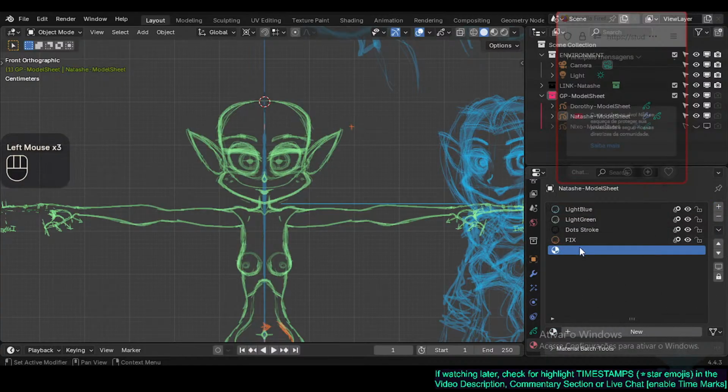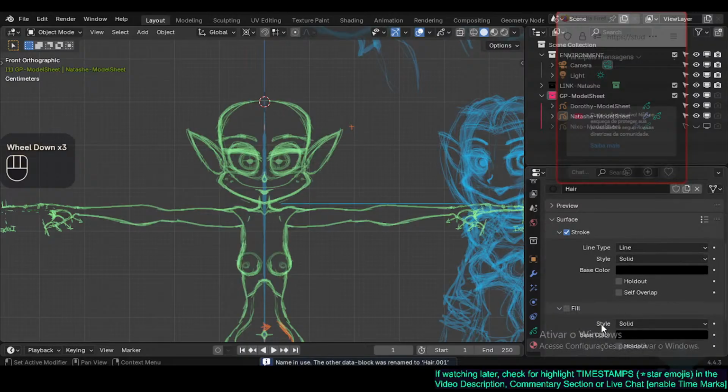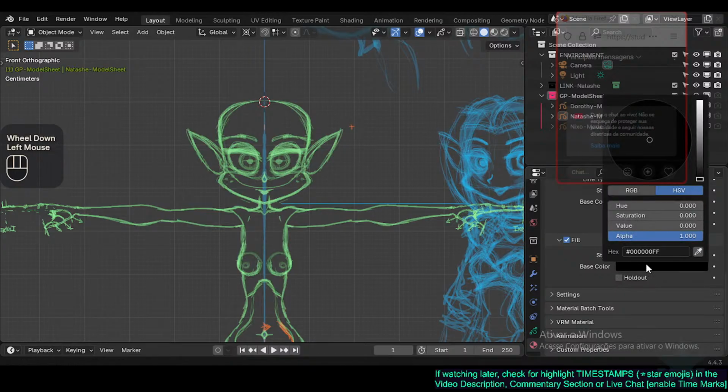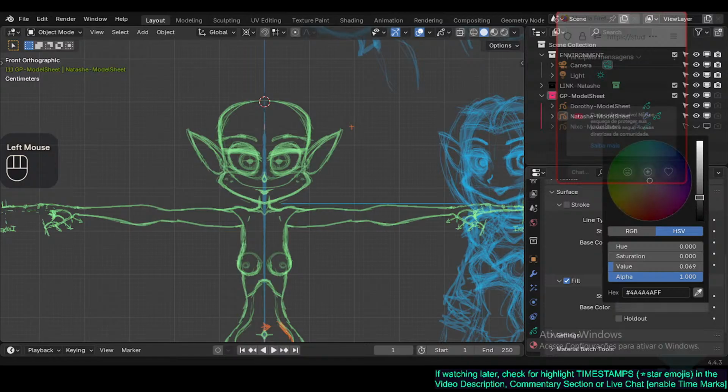So here, okay, so what we want here is to have fill, and we don't want the stroke. We want the fill because this is much faster. It's like painting with a lasso paint tool, lasso fill tool. It's an interesting technique. So her hair is brown,